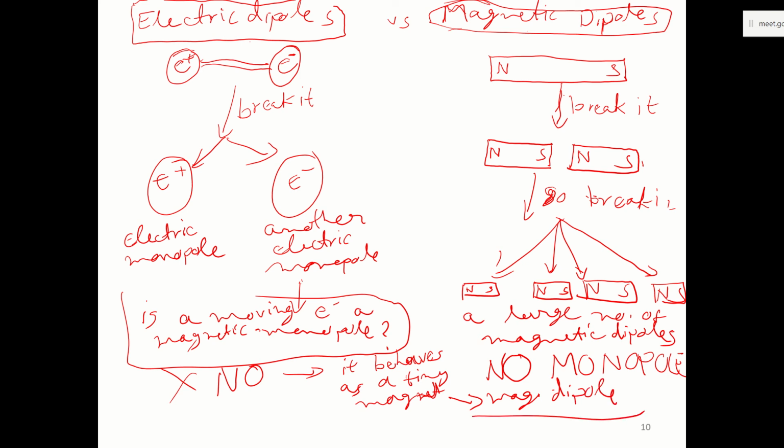ठीक है, तो जब भी हम इलेक्ट्रॉन्स को इमेजिन कर रहे हैं, या इट इज अ मैग्नेटिक डाइपोल. ठीक है, उसमें भी नॉर्थ साउथ पोल की तरह आपको एक इमेजिनेशन लाना है, and then you start working out